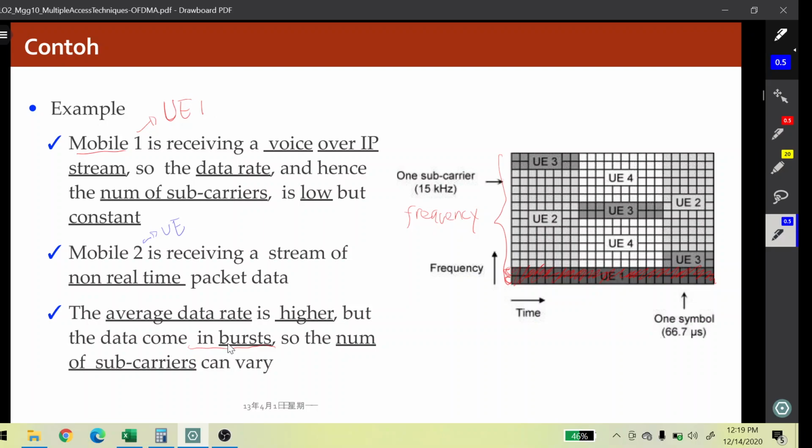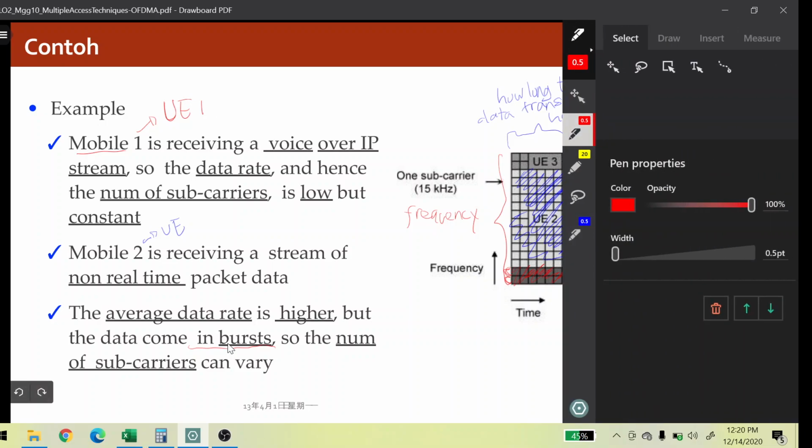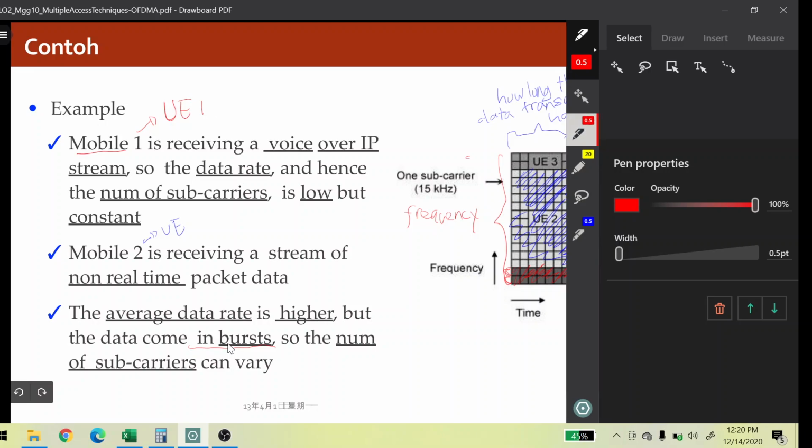When we are going to do non-real-time packet data, the resource block allocated on the time domain is not fully served to that user. It's only according to how long the data transaction, or exchange, takes. So the burst data only happens in a short period of time, right? That is the length of the allocation in time, in symbols, that we are going to serve to the user. And the question is why it needs a large